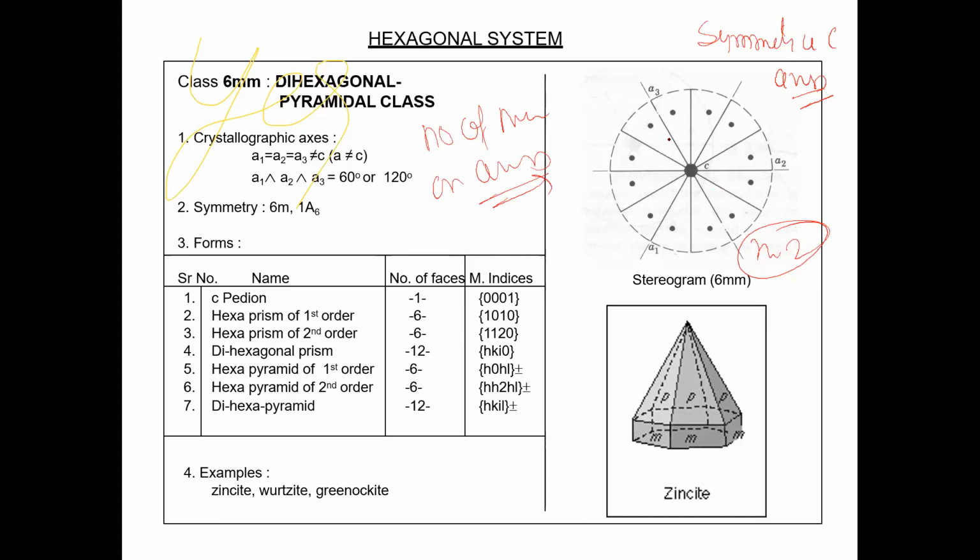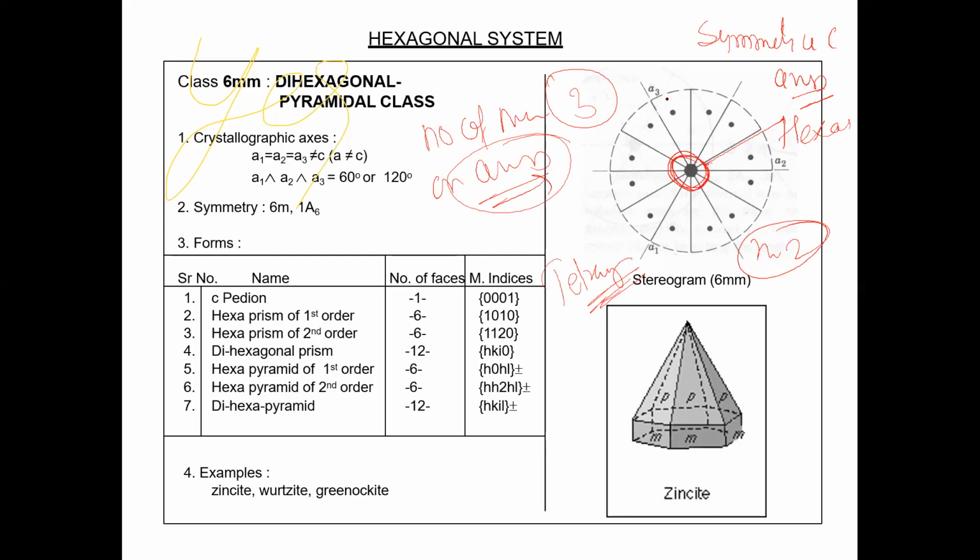This is hexagonal system. Whenever you receive 6-fold symmetry at C-axis, that will be hexagonal system for sure. If you receive a single 4-fold symmetry at C-axis and you are not receiving any 4-fold symmetry other than C-axis, then that will be tetragonal system for sure. It's a unique property of these things. This is the way to identify all that. So the number of mirror plane on the axis here will be 3.